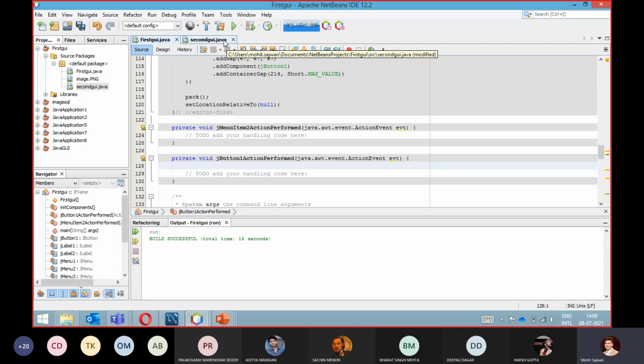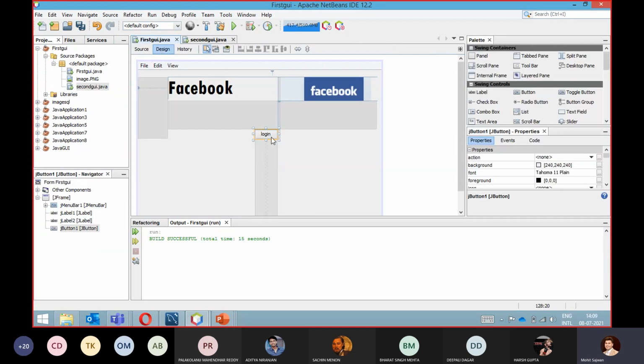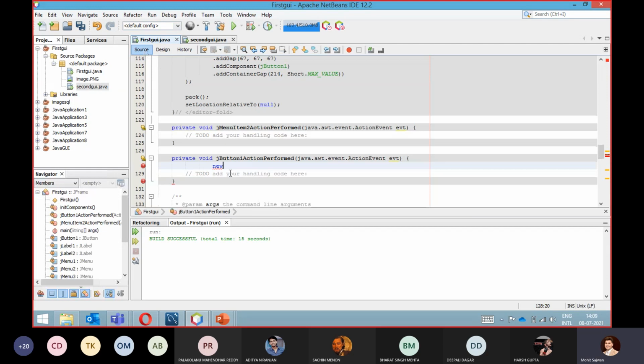As you already know, if we want to access a class, its instance variables and everything, we always create objects, right? What we generally do is create objects. So I will create an object here. This method will execute only whenever we click on this login button, right? Now, what class do I want to call? I want to call this particular second